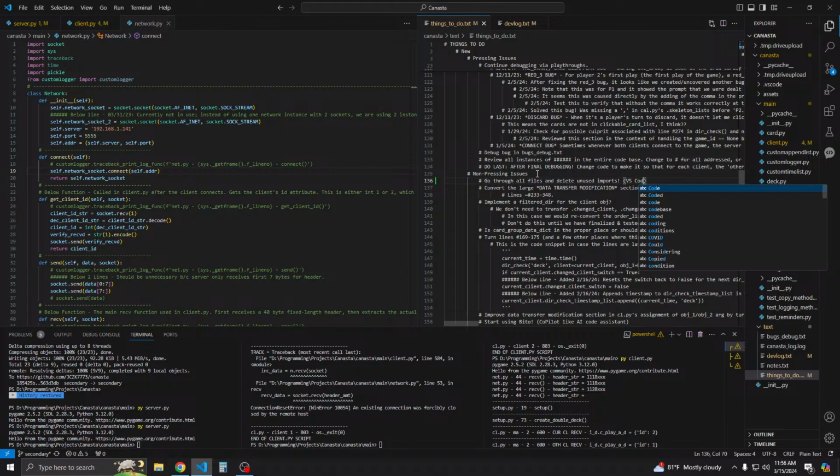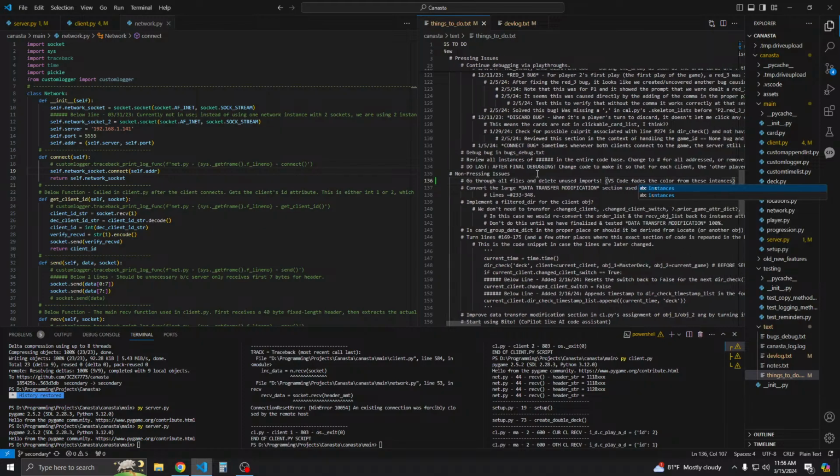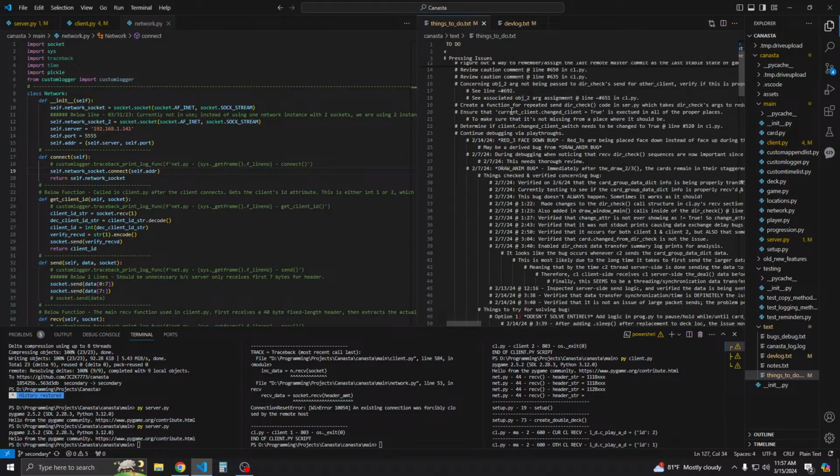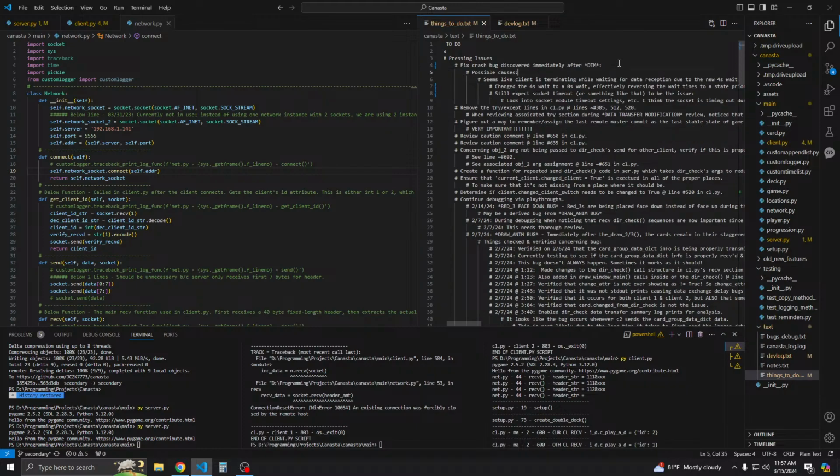VS Code fades the color from these instances. Yeah, I don't want to do a complete study on sockets and all that. I remember I went through this before and I was using socket and then socket 2, but for whatever reason